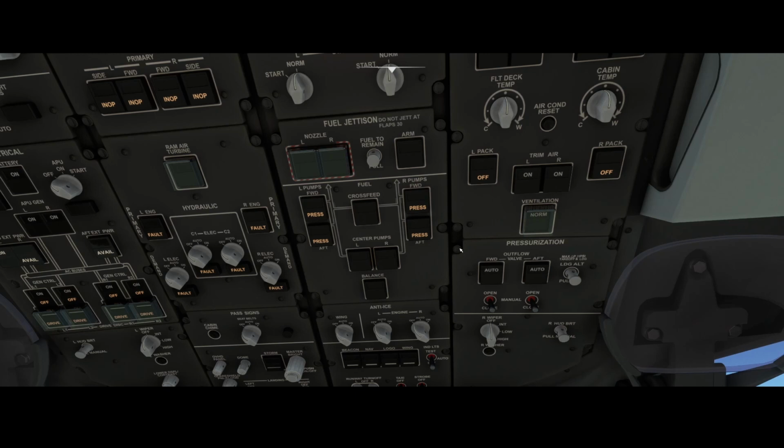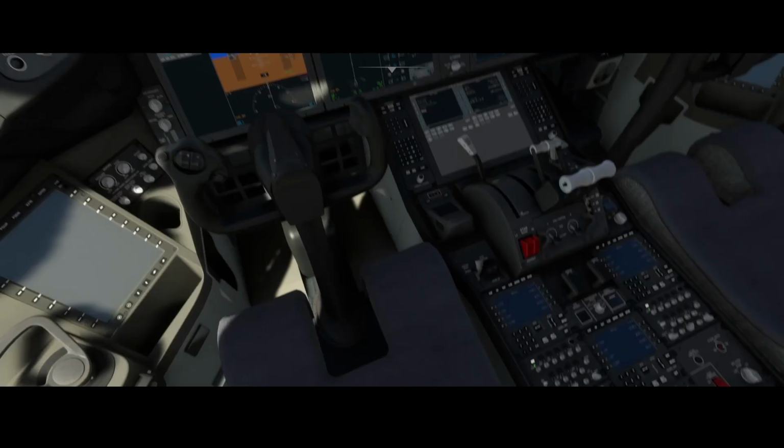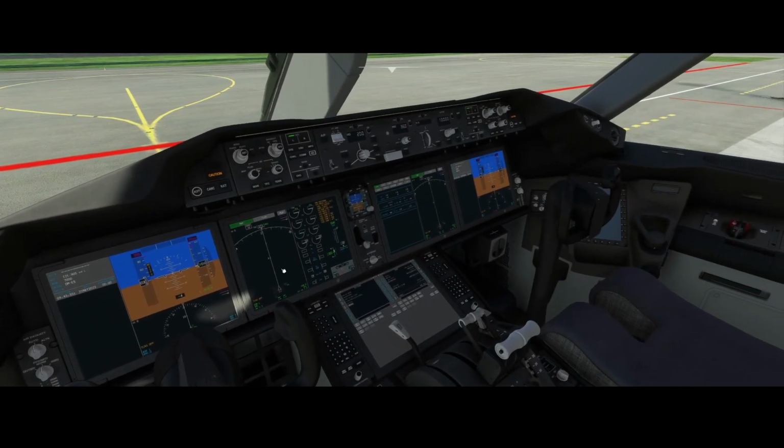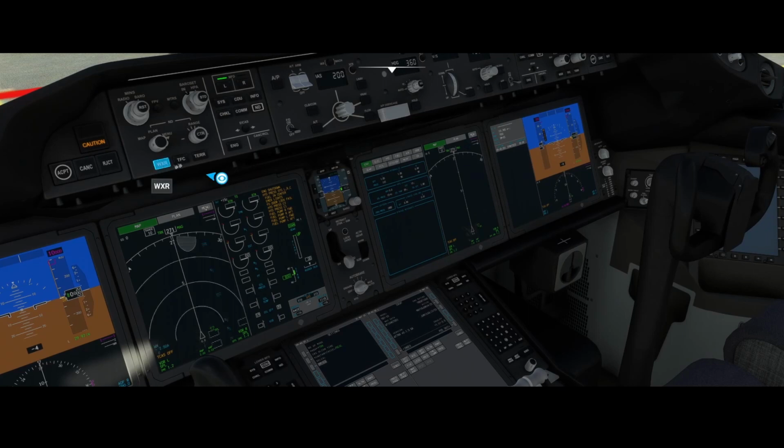In addition to that, what they did is they made changes to certain displays, right? So if you go to the displays and then specifically the ND display, they made a change where you can change the contrast of the map, right? So if we go to the default map again and then go to the ND, which is over here, then you could switch on the weather or the terrain,